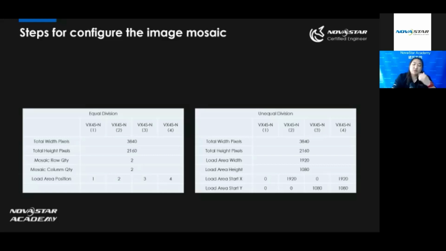So what we have to do on the hardware front panel is tell the device the total width pixels is 3840 and the total height pixels is 2160. And the mosaic row quantity will be 2 and the mosaic column quantity will be 2 as well. And the load area position: tell the first device to load the top left corner and the second the top right corner, whatever,